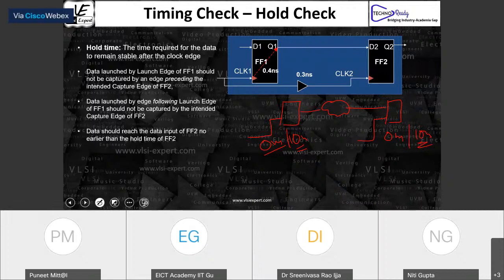Now, if I tell you like, okay, there is a minimum delay of 5 nanosecond and there is a maximum delay of 8 nanosecond. Now the setup time for this is a 2 nanosecond. This is a setup time, and the hold time is 3 nanosecond.